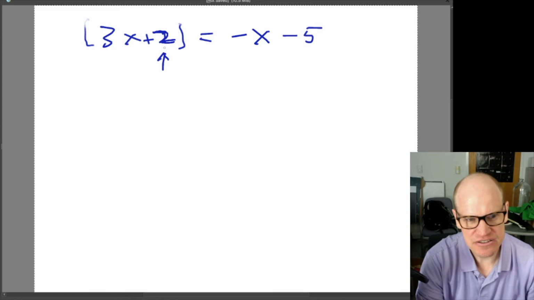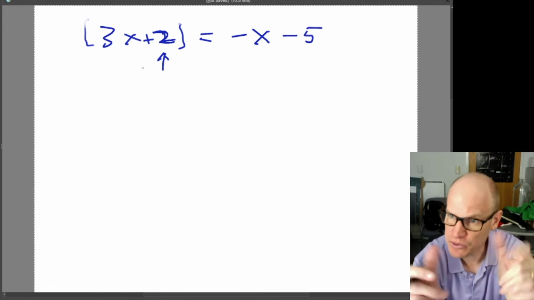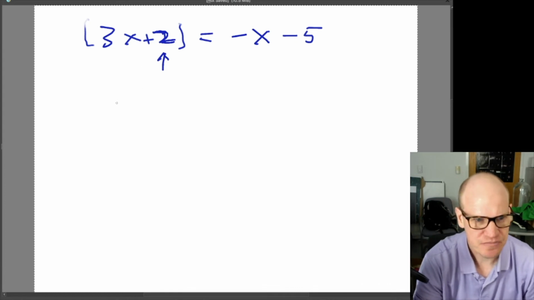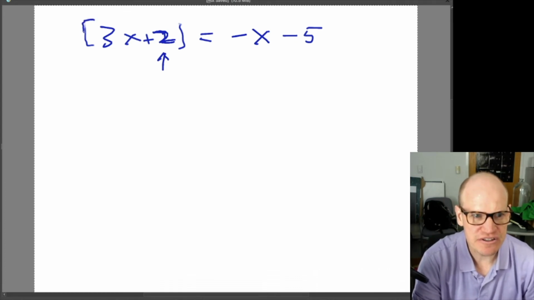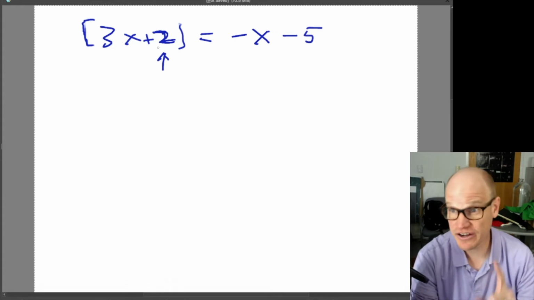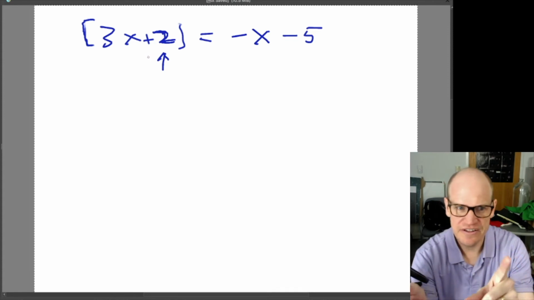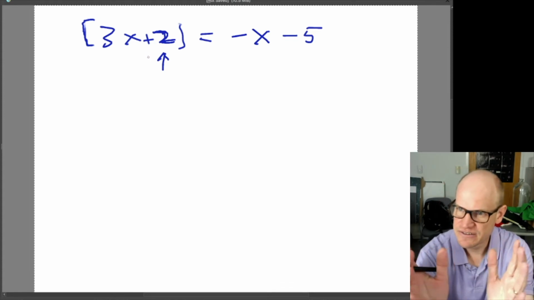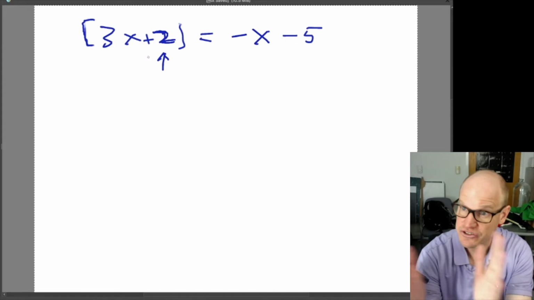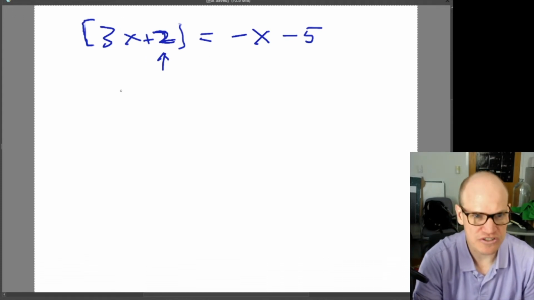So in this case, this 2 is here. You don't want it to be there. And so you need to do the inverse to both sides of the equation. If you're dealing with things that are commutative, it doesn't necessarily matter where you put the inverse. But if you're dealing with things that are not commutative, so if these things were matrices, for example, which don't commute, then you'd have to apply the inverse to the correct side of the expression. So in this case, we have a 2 here. I want to get rid of the 2, and so I'm going to